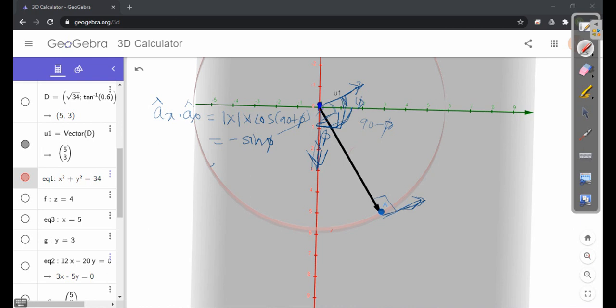Now what is this one? Ay dot a phi cap. So it is ay 1, a phi 1, and the angle between y axis and a phi is phi. So 1 into cos of angle between them, phi. So it will be cos phi. And what about z? Z is always perpendicular to this one, right? If we see like this, where comes the z?